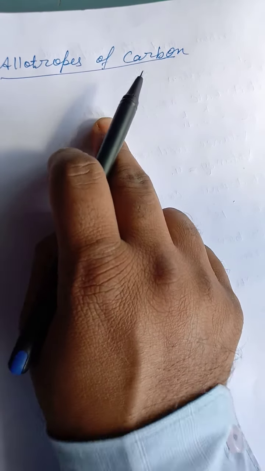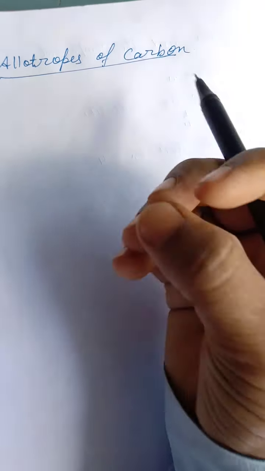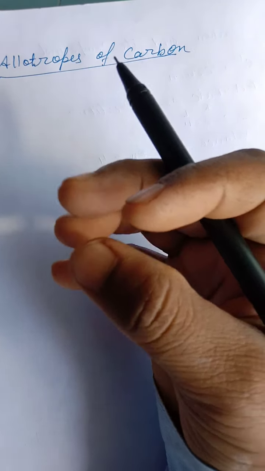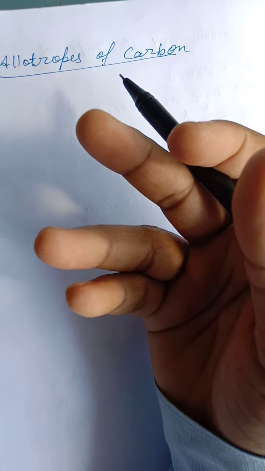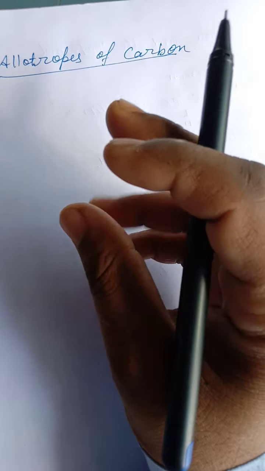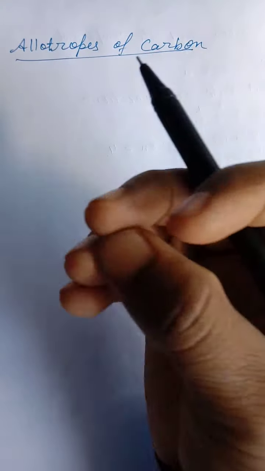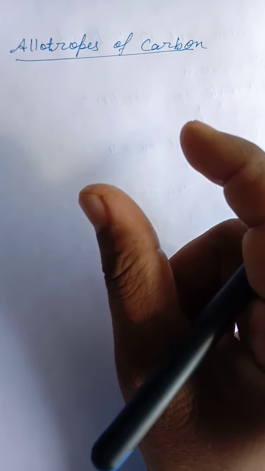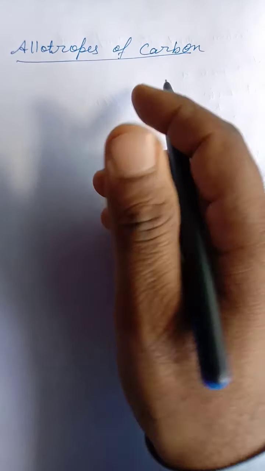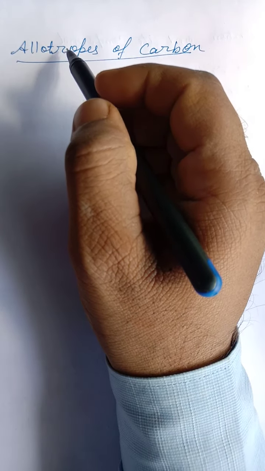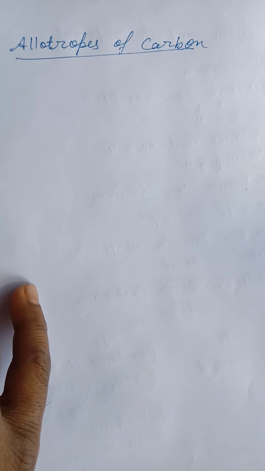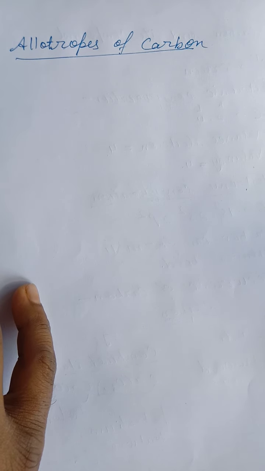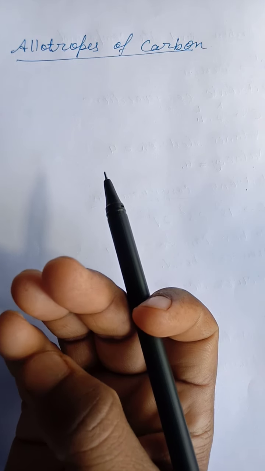The various physical forms in which an element can exist which have the same chemical properties are called allotropes. Means various forms of the element in which it exists but shows the same chemical properties. For example, carbon exists in the form of diamond, graphite,